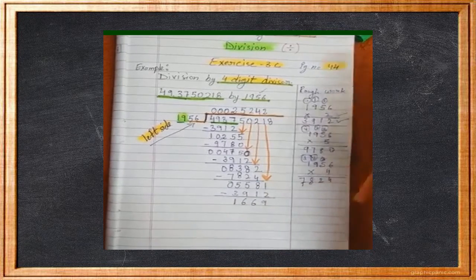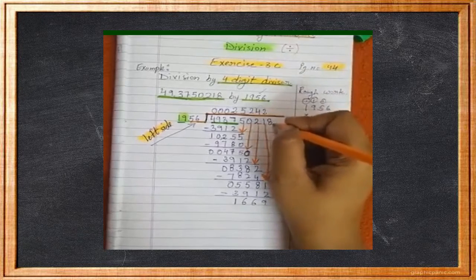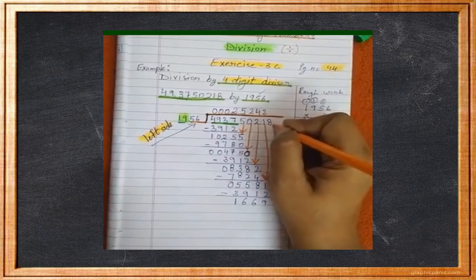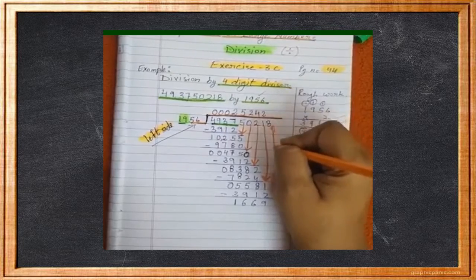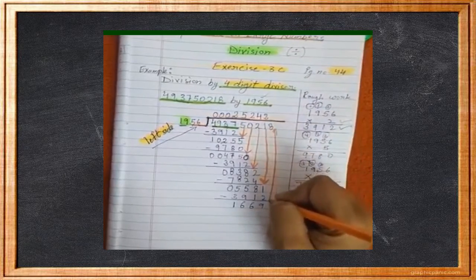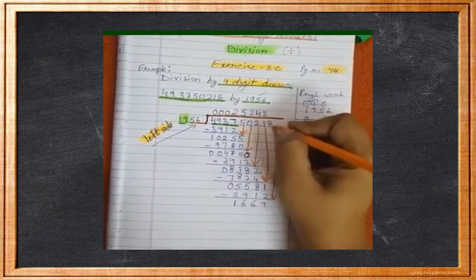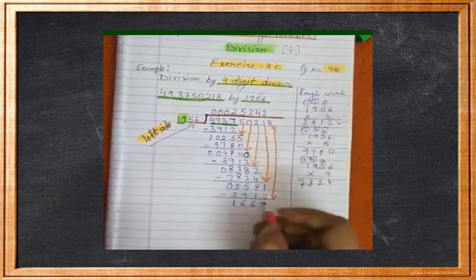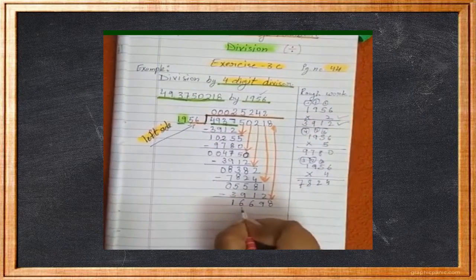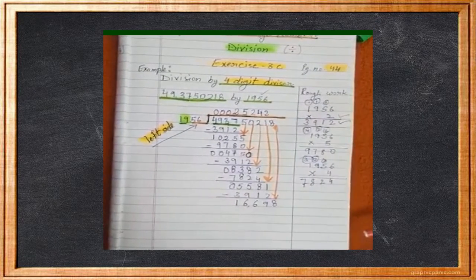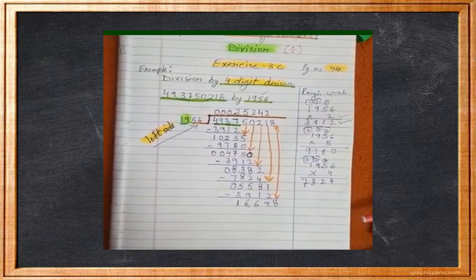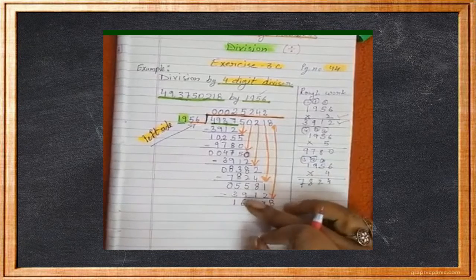You have to bring this last digit 8, which is on the ones place, down next to 9. Yes, 8 you will be writing. Now read your number. Now it is 16,698. Yes. Now read 19's table.